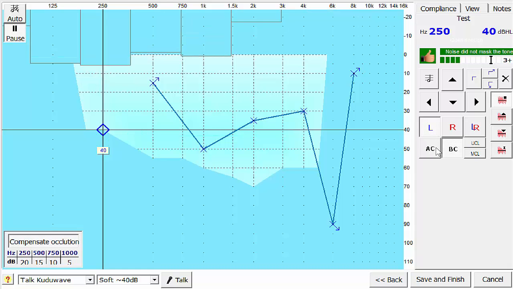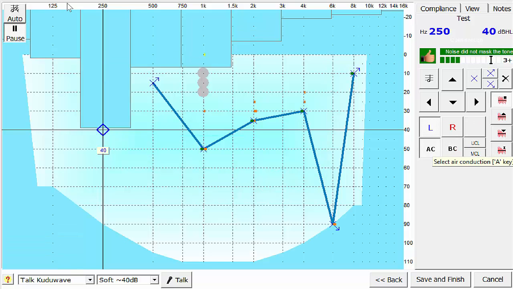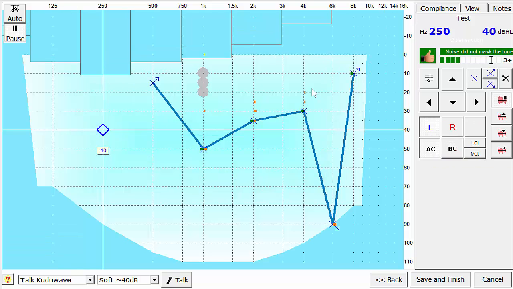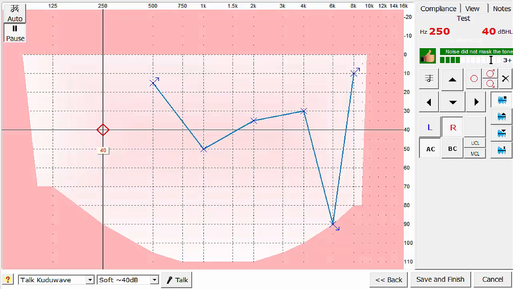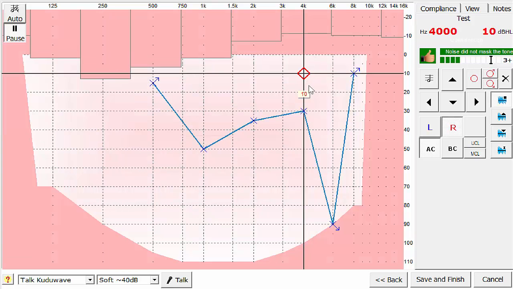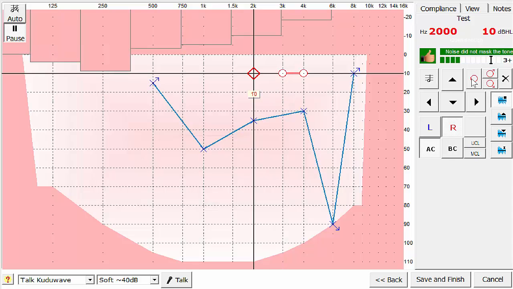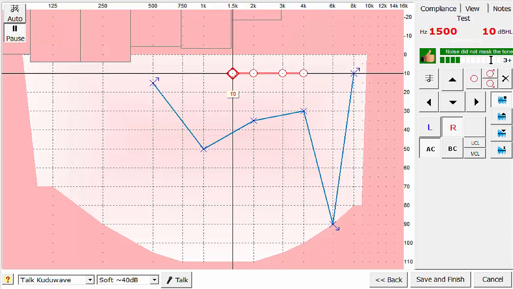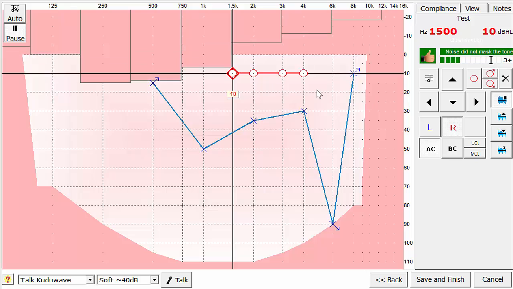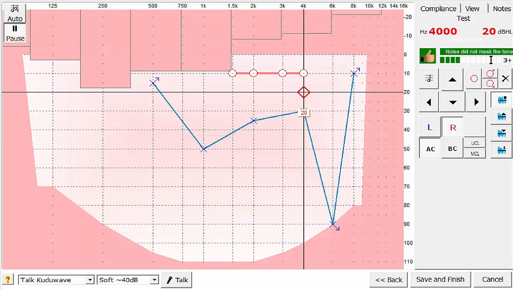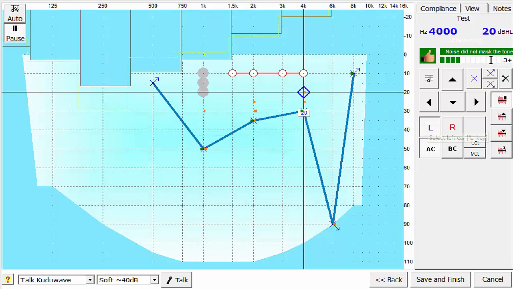I will go back to A, and I come back to air conduction like this. Now, let's jump to the right side. I'm just going to mark a few thresholds here. Mark the threshold there, mark the threshold there, mark a threshold, mark a threshold. Okay, so if I want to present a tone now in the left ear, and let's say I go very loud here,